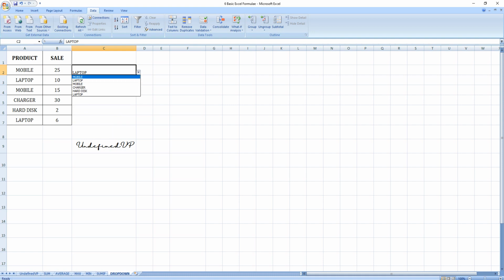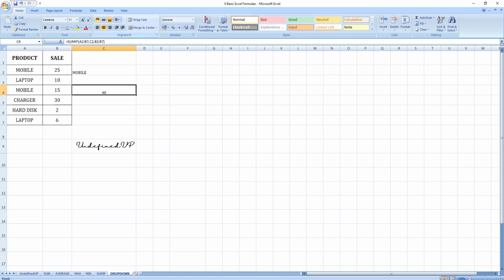If I change it to mobile, you can see it has automatically added the sales of the mobile phones, 25 plus 15. If I change from mobile to charger, you can see 30, because we had sold chargers only once, and that is 30 chargers at a time. If I select mobile, you can see 40. If I select laptop, 16.